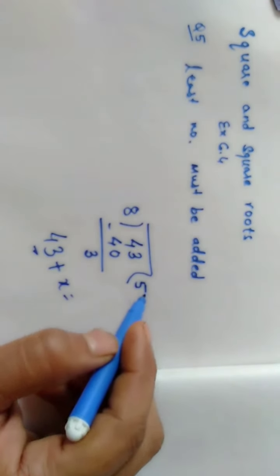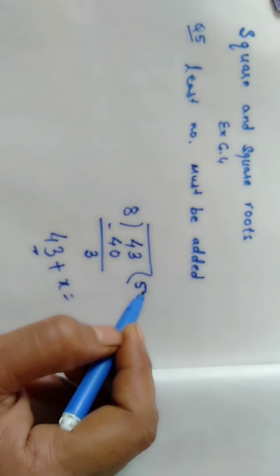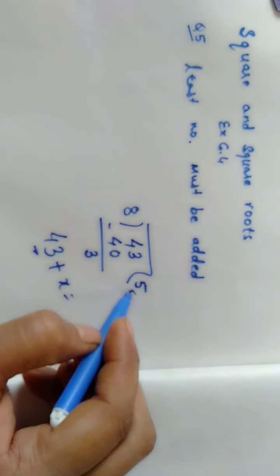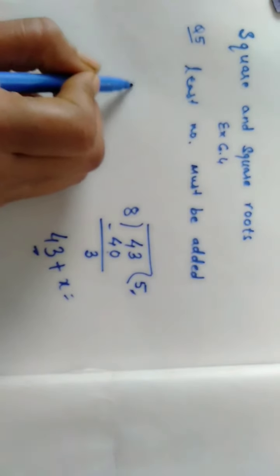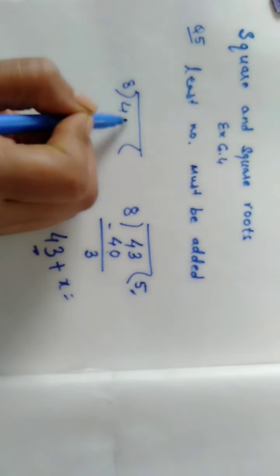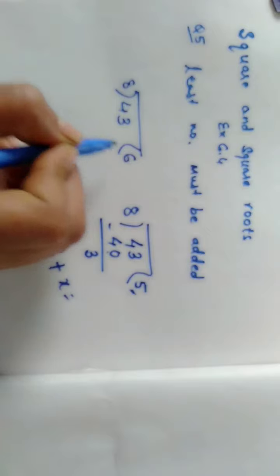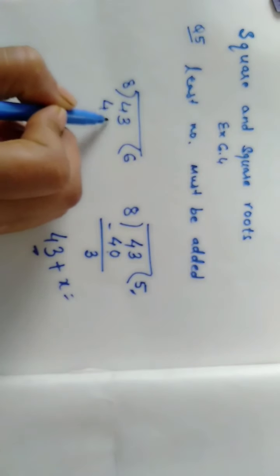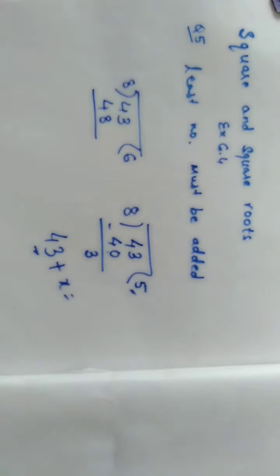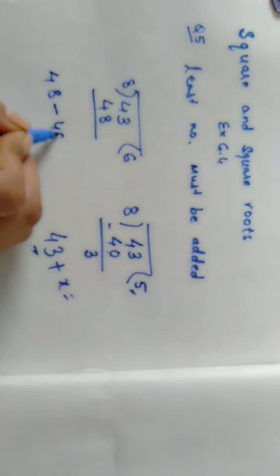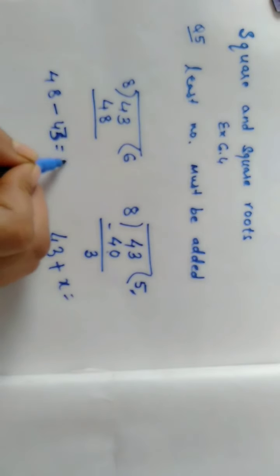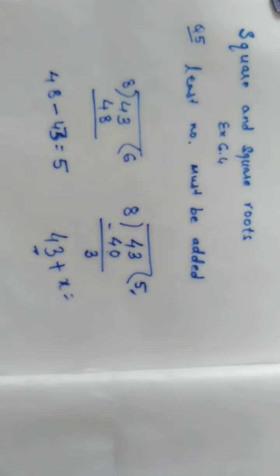So we have to just recall the next number which is just perfectly divisible. That is, on 5 we are getting a lesser number, but if we divide it 6 times, then 8 6s are 48, we are getting 48. This 48 is divisible by 8, and on subtraction of 43 from 48 we are getting 5, हमको 5 मिलता है.